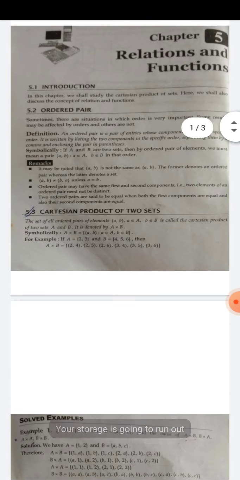Let A and B be two sets. Just see this definition. A और B दो set हैं. Then a relation is denoted by R, as a function is denoted by F. Similarly, relation is denoted by R. Then a relation R from A to B is a subset of A cross B. Just remember the definition. Learn it. It is a very, very important definition. What is relation? If sets A and B are given, then a relation R from A to B is a subset of A cross B. A cross B is the Cartesian product, as I have told here.